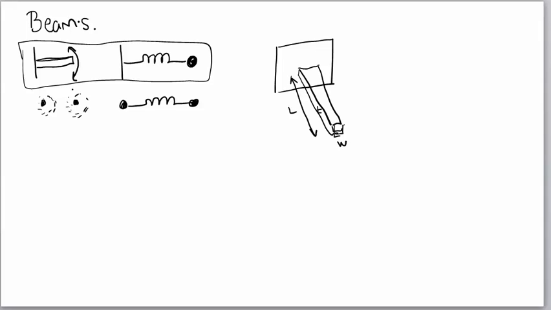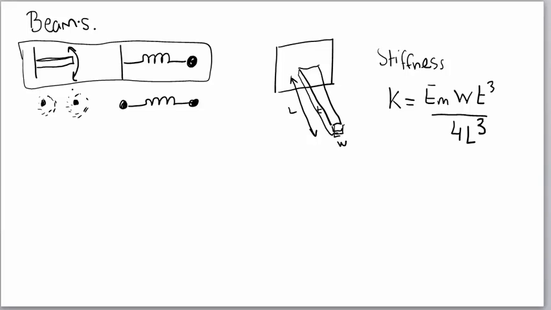Okay, so the stiffness of this cantilever is given by the equation K is equal to E sub m, and E sub m is a modulus of elasticity, it's a material parameter, times the width times the cube of the thickness divided by 4 times the length cubed. Okay, so that's how we define